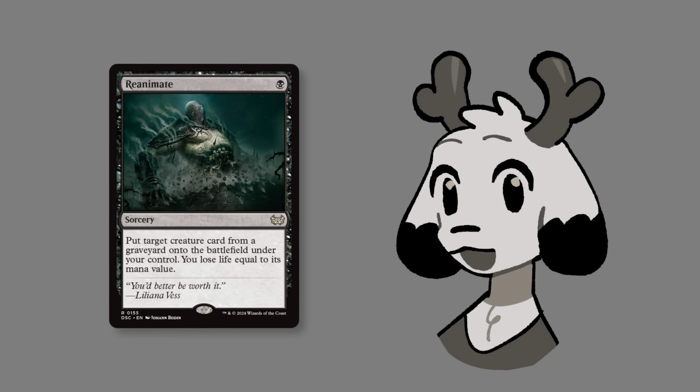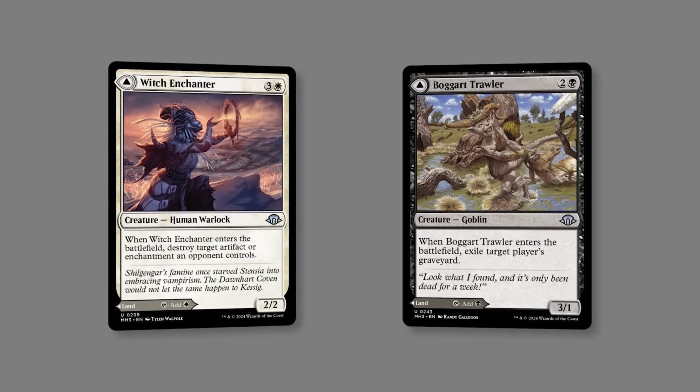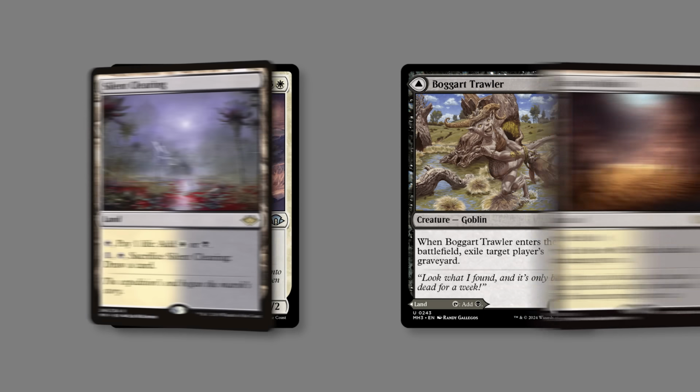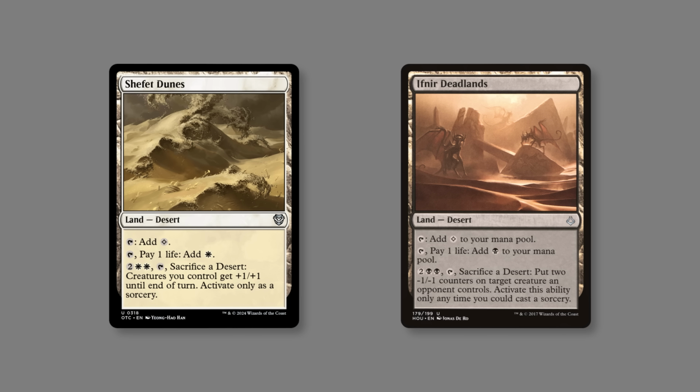You resolve the card in order from its first text to its last, so Vilis sees the life loss and you draw 8 cards. I also opted to include Bolt MDFCs, like Bogart Trawler and Witch Enchanter, and Pain Lands, to all draw me more cards off Vilis. The on-color rare deserts from Amonkhet that ping you are a perfect fit for this deck, alongside a Sand Scout